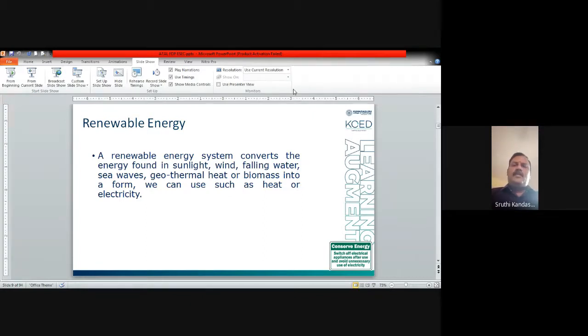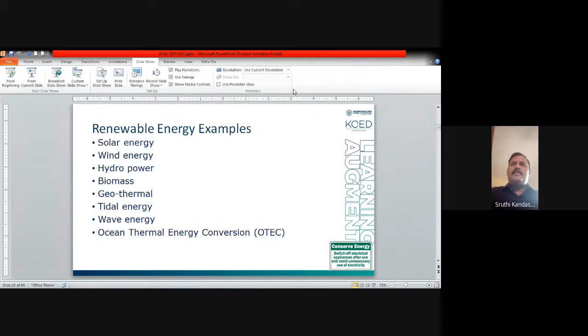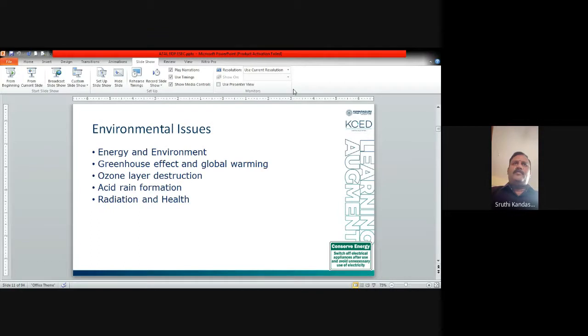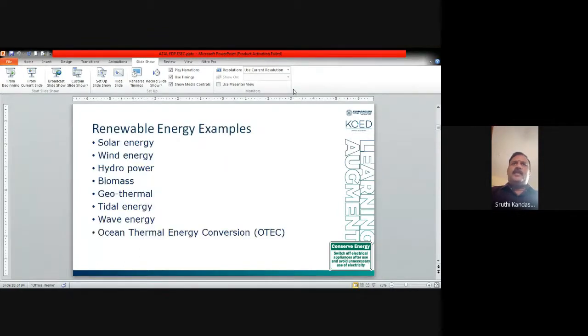These are all the different ways renewable energy can be used to generate power, to generate electricity. So these renewable energy examples are solar, wind energy, hydropower, biomass, geothermal, tidal, wave energy, ocean thermal energy. So the solar,